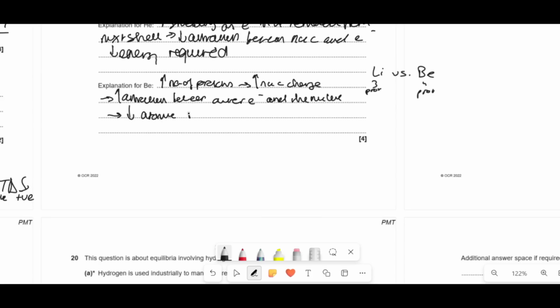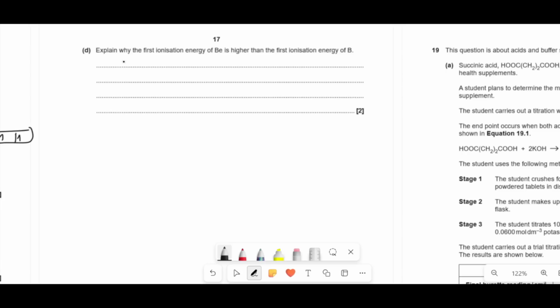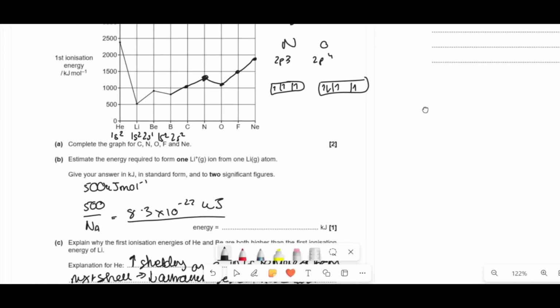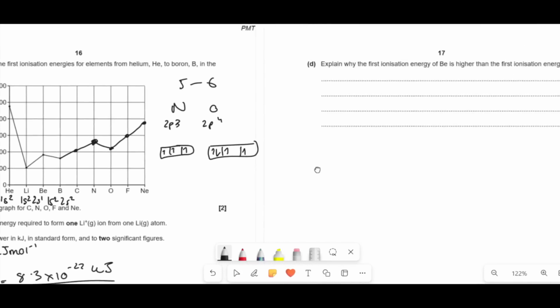It actually decreases in size because that electron's been pulled in closer, and also that means you've got more energy needed. There you go. So now it says explain why the first ionization energy of beryllium is higher than that of boron. Well, I've just done that because in beryllium it's